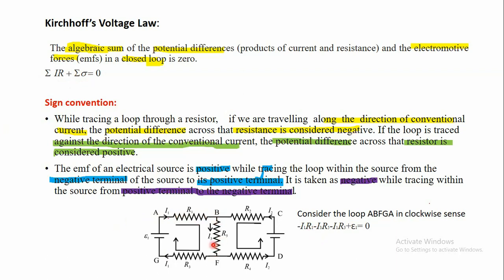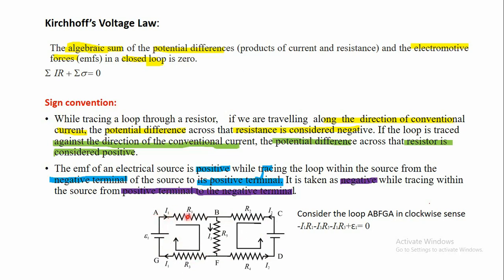Now you see here, the value of current has changed. It was I1 here, at the junction it divided, and in this branch it is I3 and the resistance is R5, but we are moving in the same direction, so it will be minus I3 R5. Again the current is I1, because of the conservation of charge: the current I3 and the other divided current combined again here, and the same current will return. Whatever current started from A will return back to A.